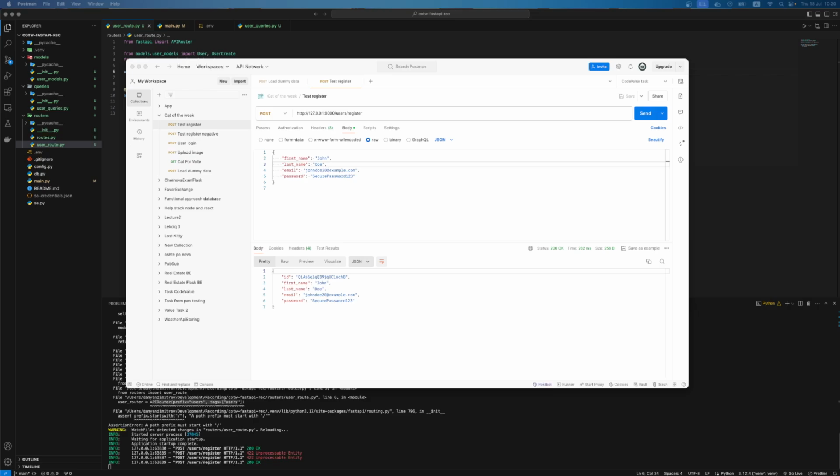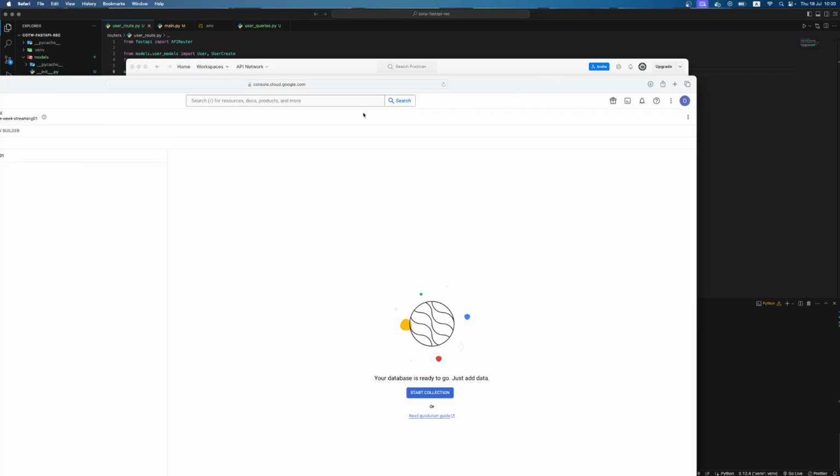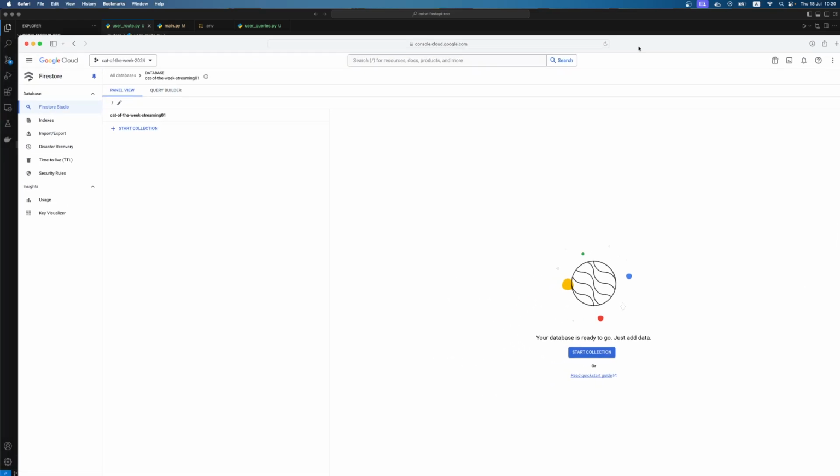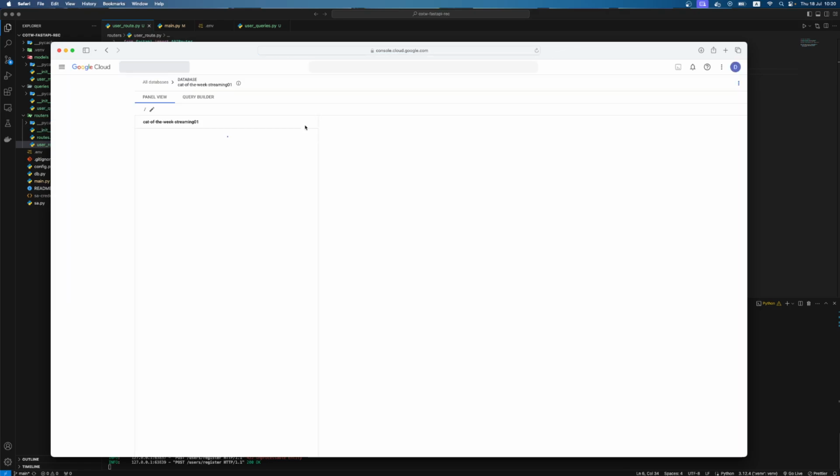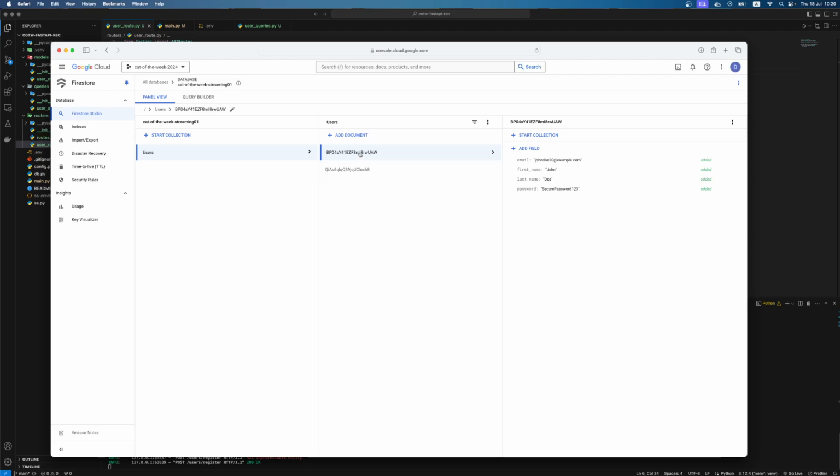Okay, I'll drag the window. So here we have the collection. Let me make this window smaller. I will reload. And as I mentioned, you can see we have two documents. You can see the collection, it's users, with the email, first name, last name and the password. So I will delete this collection,